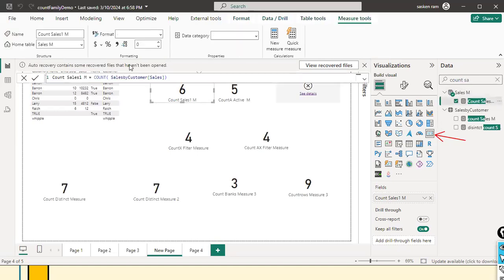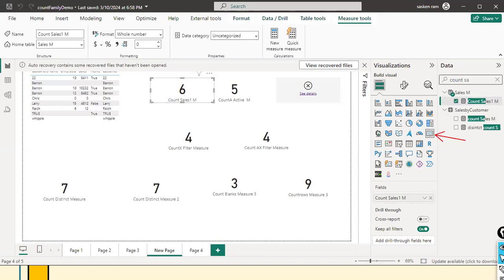This is the measure that I used: Count Sales 1M equals COUNT of Sales by Customer Sales. So in this table, I have a column by the name Sales. I have applied the count function on this column, in other words, inside the count function I put the Sales column that is available in this table. And in the Count Sales 1M measure, I dragged and dropped it into this